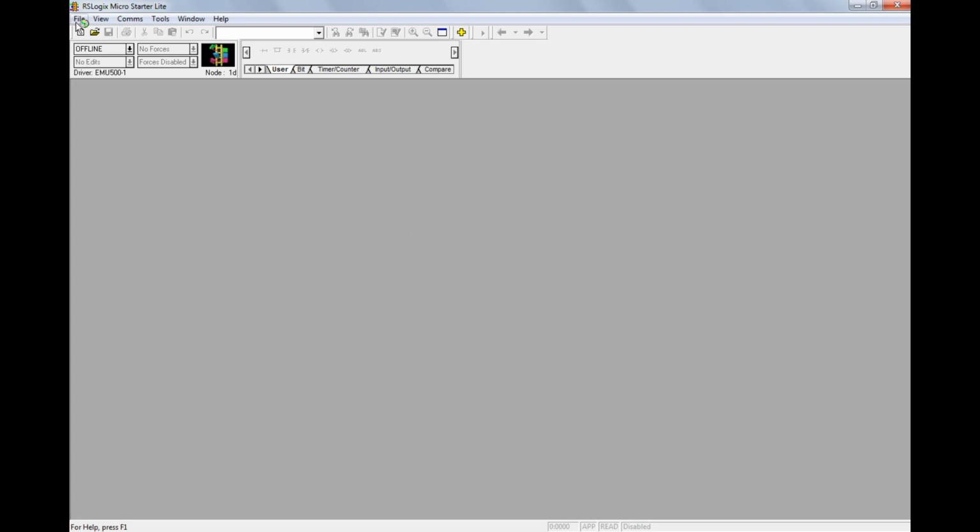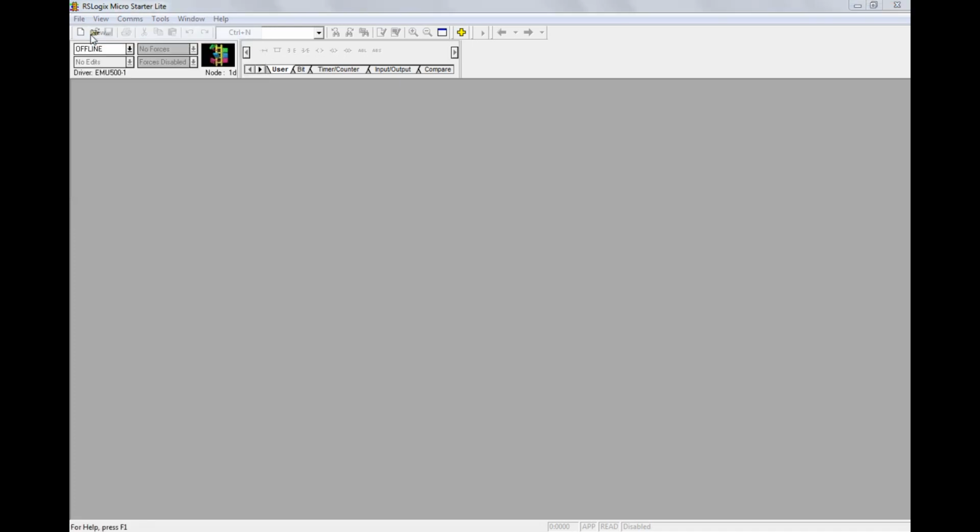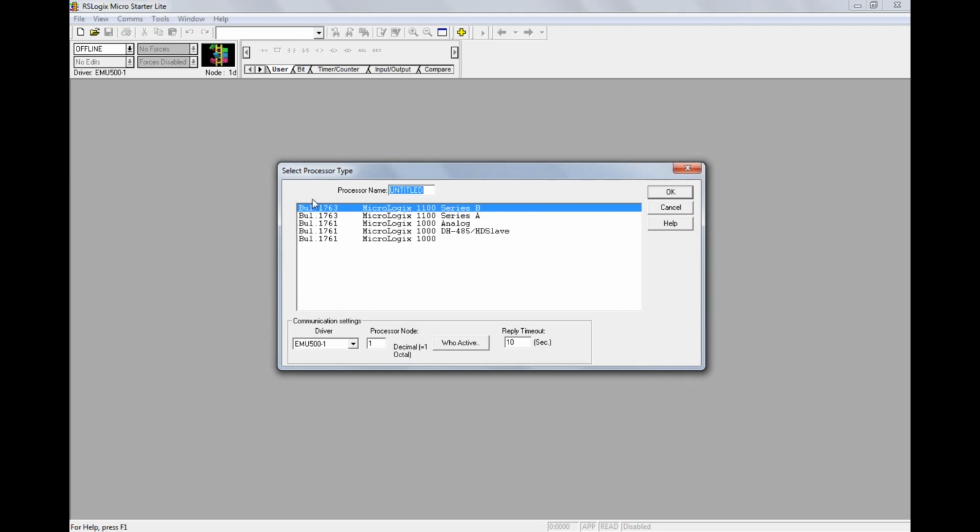Next, just go for File. Just click New. When you click New, it will ask for the processor type. RSLogix Micro Starter Lite is software which will accept only a few processors.